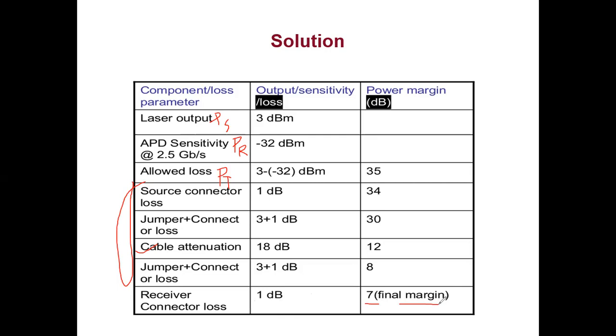Okay, so you write the answer separately. So it is the correct answer. It is falling between 6 to 8 dB. So this is your power margin of the system. So the problems are very simple. It will be this tabular kind. You only need to identify which loss I have to subtract one after the other. So these are the two variations.